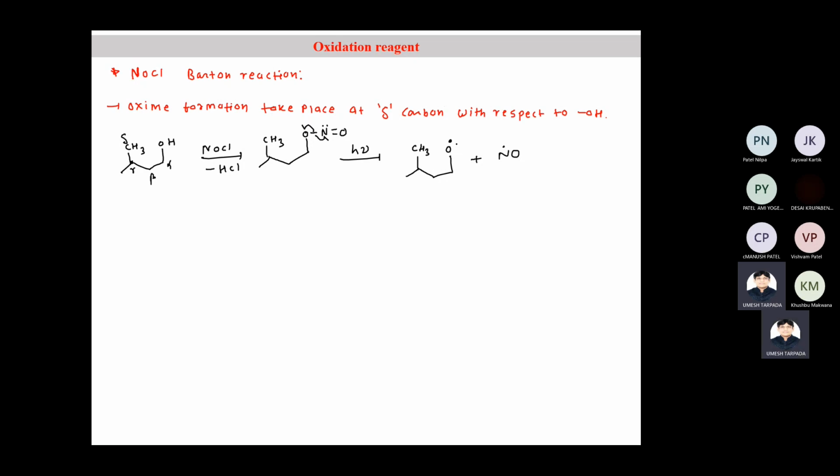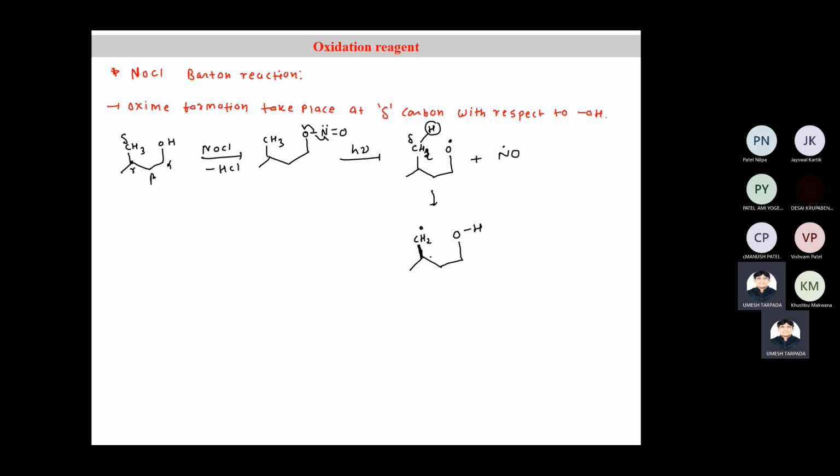Now after that, you see oxygen which has a radical. Oxygen has an odd electron, so it will abstract this hydrogen, the delta hydrogen. So you get a 6-member transition state, and this is the driving force for this reaction. Oxygen abstracts this hydrogen from CH2, and one of the hydrogens is abstracted by this radical. So you are getting a CH2 radical and here it is OH.